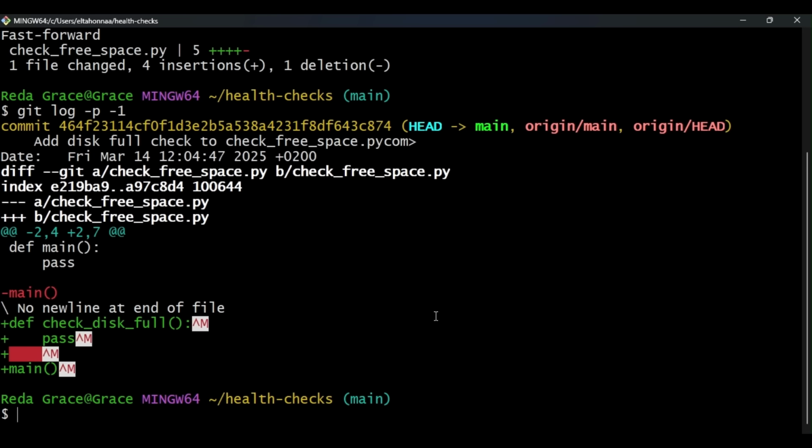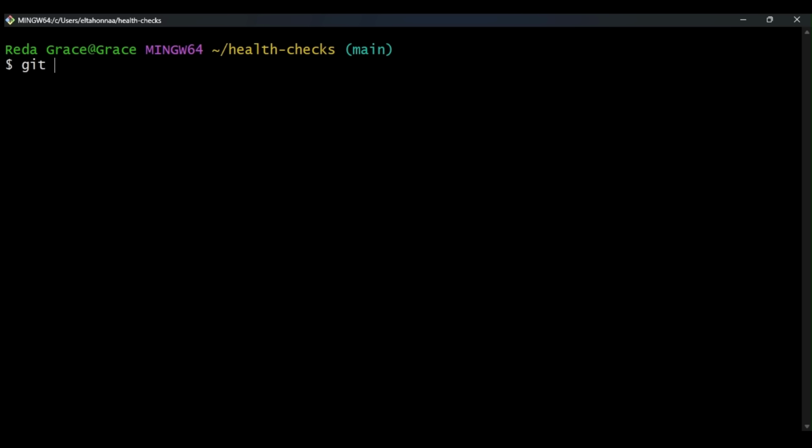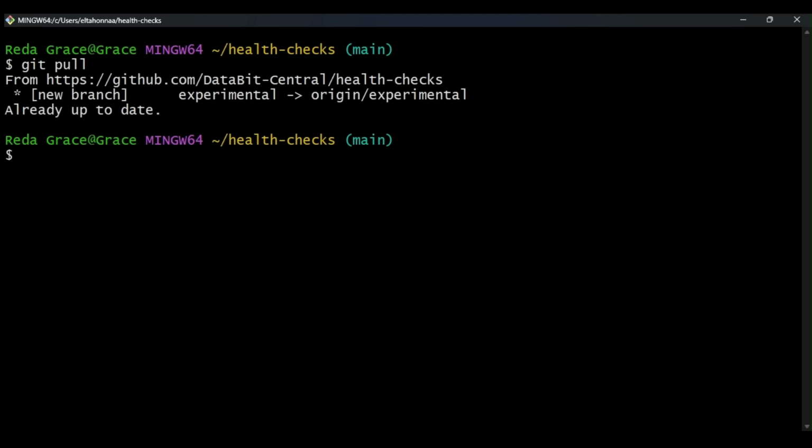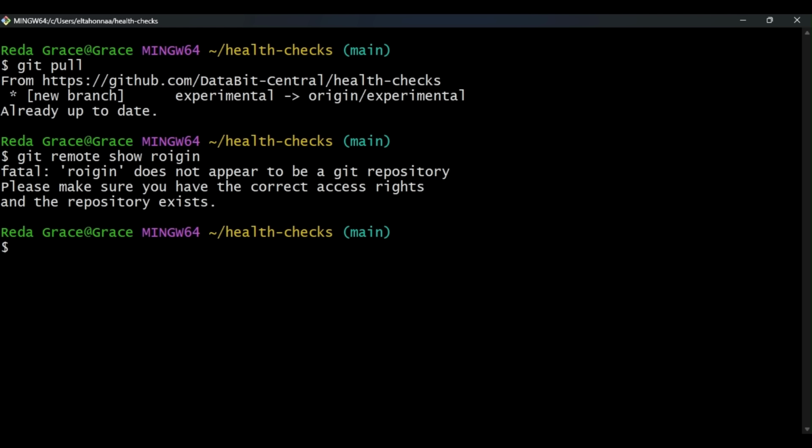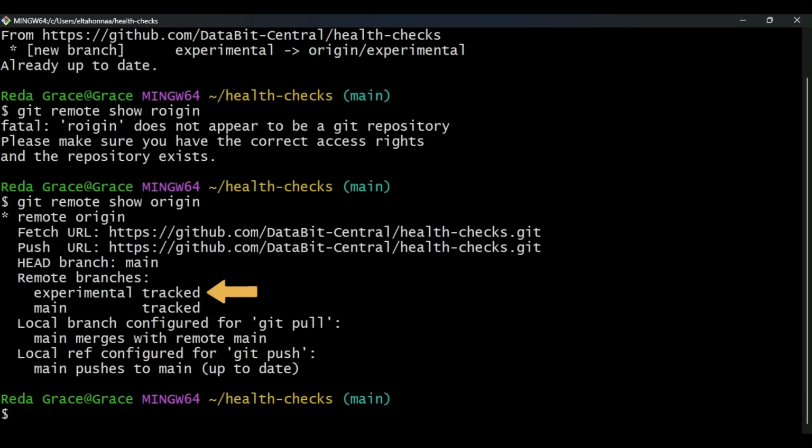What if we found a new branch when we call the git pull command? Let's try this out. We see that there is a new remote branch called experimental. Your friend told you that they've started working on a new feature in that branch. Let's check out the output of git remote show origin and see what it says about that new branch. We see that there's a new remote branch called experimental, which we don't have a local branch for yet.